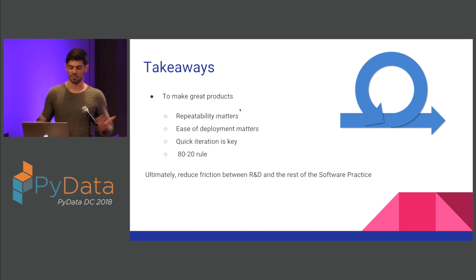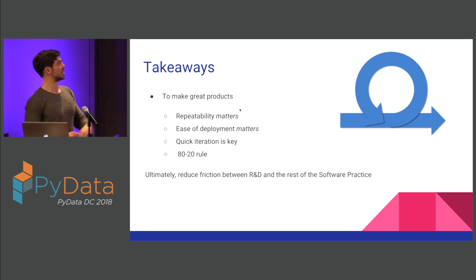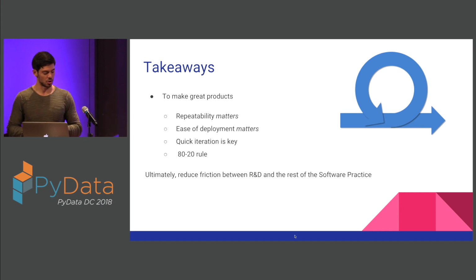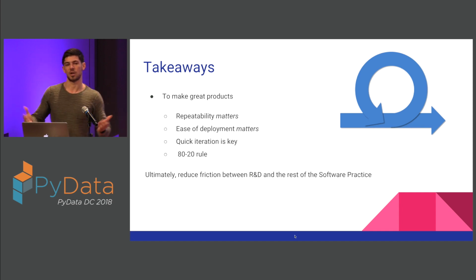So the takeaway from this whole time that I've been working both in industry and research has been that you need certain key features whenever you're developing workflows. You need repeatable workflows. You need something that is fast, that enables fast iteration, and the 80-20 rule that I like to call here, which is basically usually 80% of your results will come from